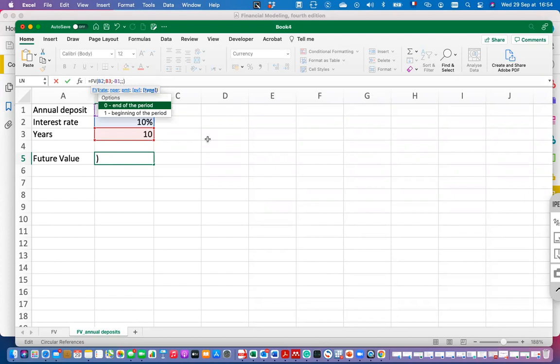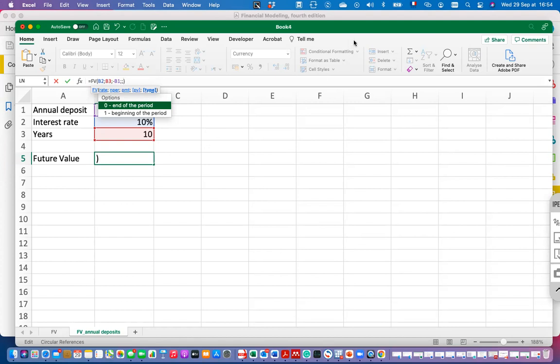Now the type has two values: 0 if you make the deposit at the end of the year, and 1 if you make the deposit at the beginning of the year. If you leave it blank, Excel will by default take the value of 0, which means Excel supposes you have brought this $1,000 at the end of the year,